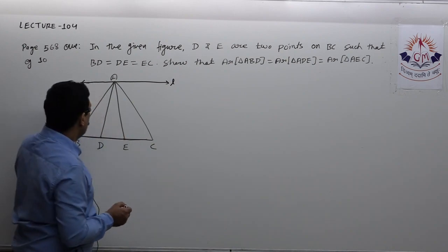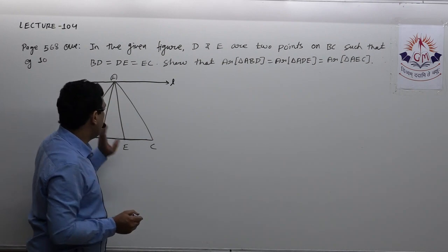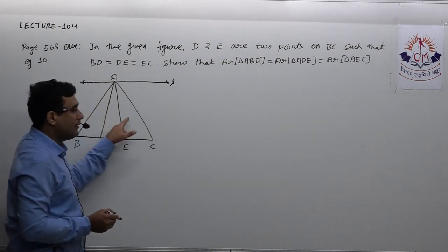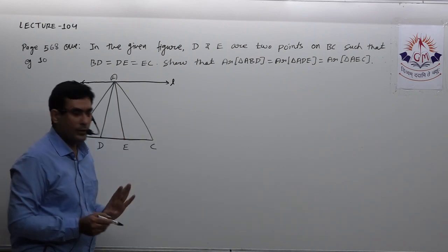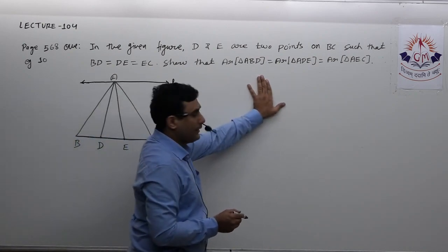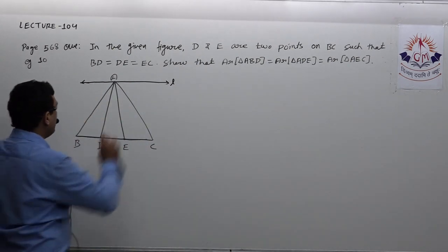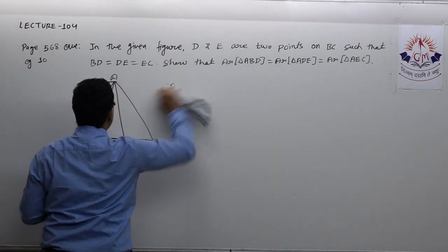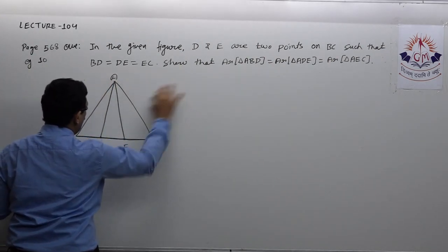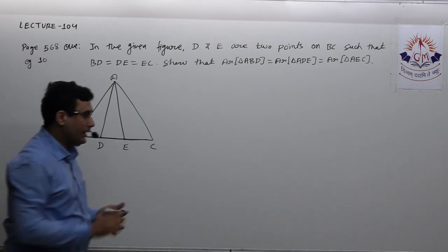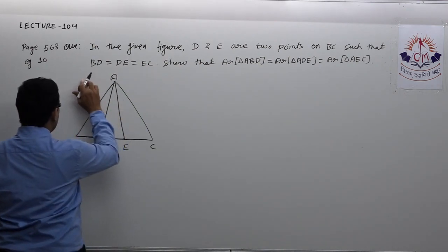It's very easy. You just have to draw a line parallel to BC passing through A, and then we can say these three triangles have the equal base and lie between the same parallels, so they are equal in area. Hence we can write this. This is the one way. Okay, another way that I can say, if I draw a perpendicular, that method I am giving you in detail, and one more method is there that is given in your book itself. I will discuss that as well.